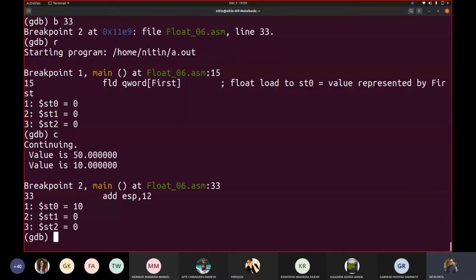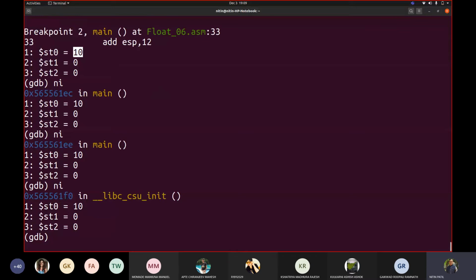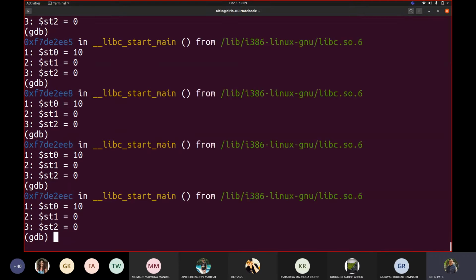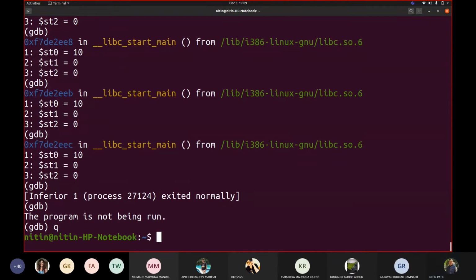So it already executed everything, like it displayed 50, it displayed 10. What is remaining in st0? st0 has 10. So if I continue, st0 will remain as 10 when the code ends. Fine. It will take some time to execute and then come out. So nothing would be shown to you, but we have seen that this 10 would always be stored there. Fine. Any question till this?